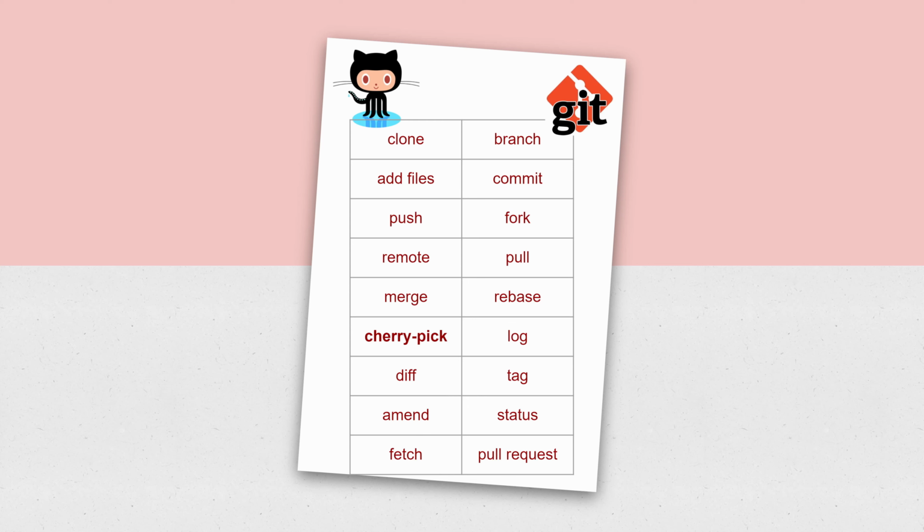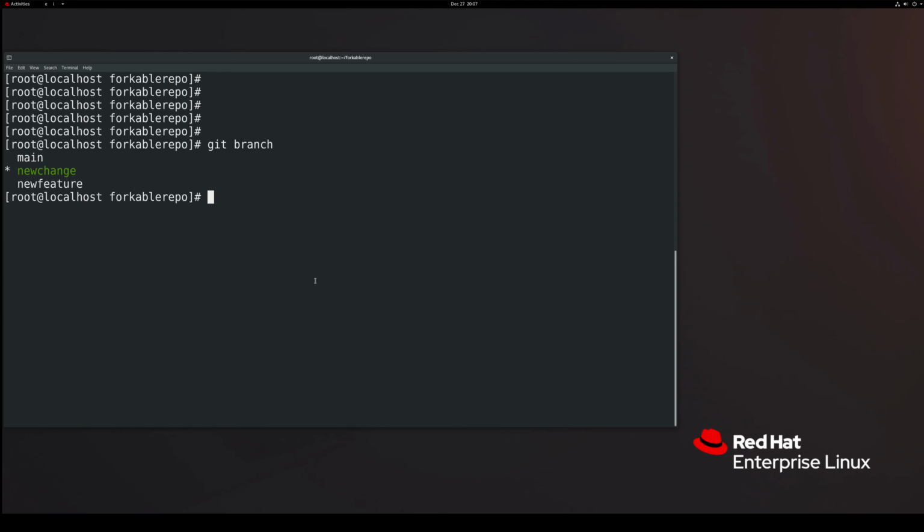Now let's see what is cherry pick. Cherry pick is to pick a specific commit from another branch somewhere into your branch. So to do that, let me create a new branch and then make a change and then push it, and then try to cherry pick that into another branch. Okay, let me try to create a branch here. New cherry branch,